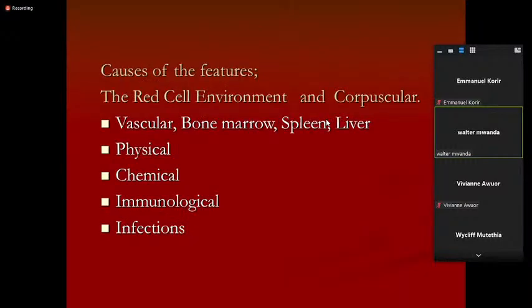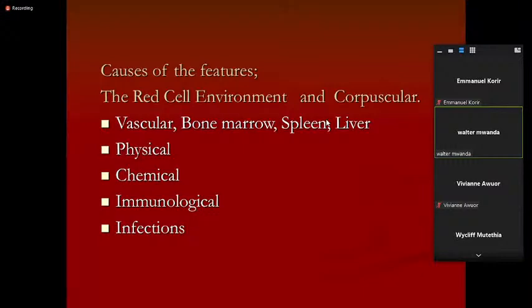The causes of these features, whether they are congenital or acquired, may be due to the red blood cell changes, what we call the corpuscular. The red blood cell change